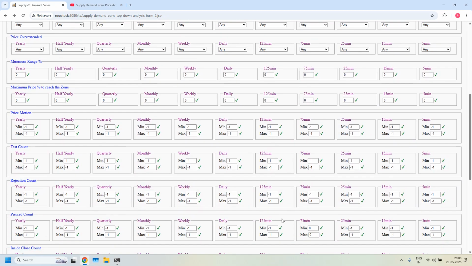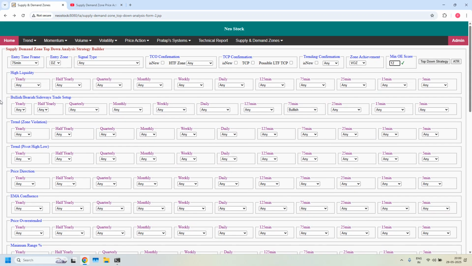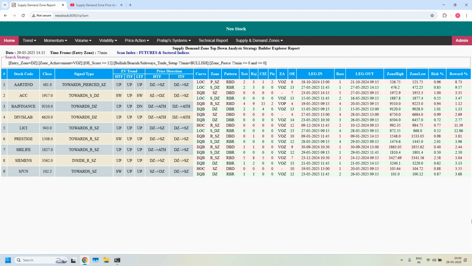Now all the 3 filters, zone achievement, minimum odd and enhance score, and also the pierced count below. This pierced count, whatever the values we set earlier, 0, 0. Now all the 3 filters are applied to 75 minutes demand zone. So by applying these filters, we got 9 stocks. In these 9 stocks,